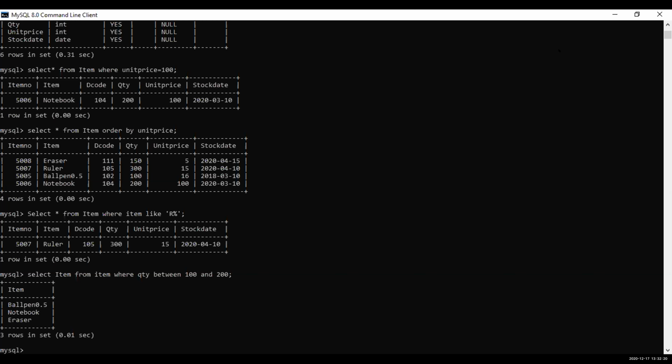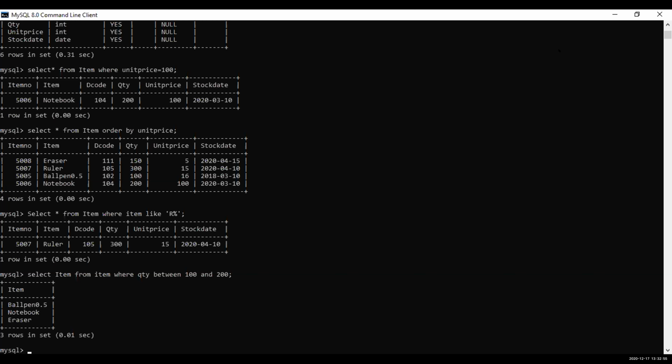Display the details from the item table in descending order of, sorry, the latest item, the latest stock taken item. Display the details of the items whose stock is taken the latest, with the latest date. Sorry, that you can't do. You have to use aggregate functions. We'll leave that. So the question is not that.